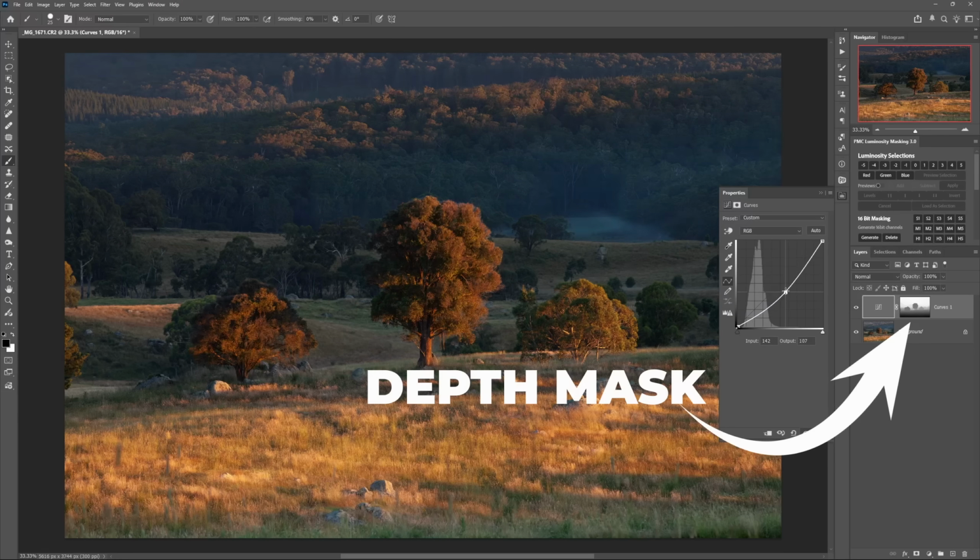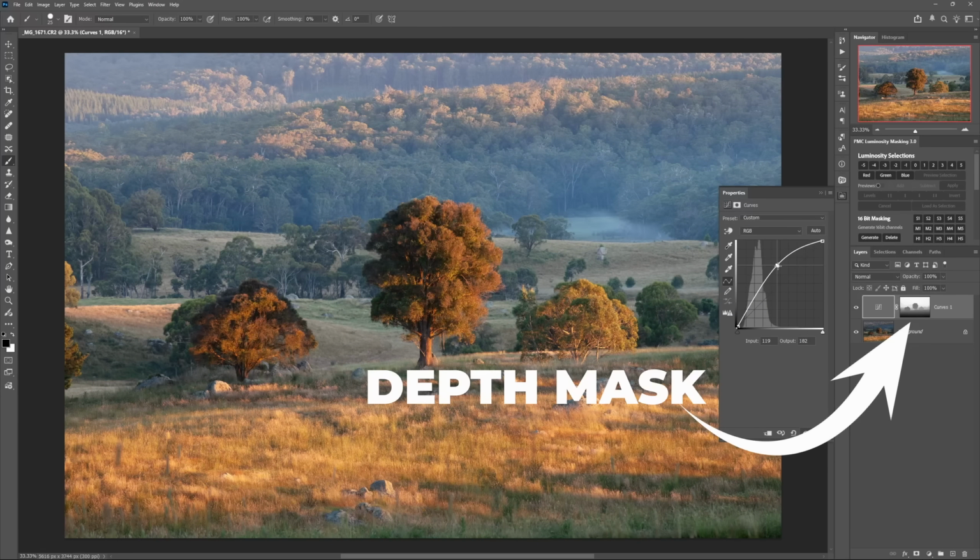First, saturation isn't the only way to enhance or destroy depth. Light, contrast, and color all behave differently depending on distance. So you have to treat them differently when making adjustments in the foreground compared to a background. Now, I have no idea why Adobe haven't put it front and center in Photoshop, but there's a hidden feature that makes it easy to create something called a depth mask, which lets you apply adjustments selectively in the foreground